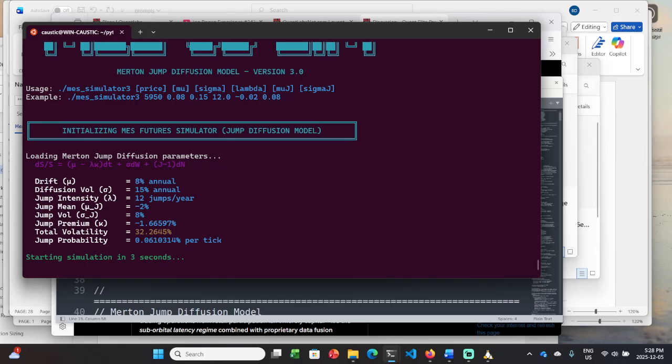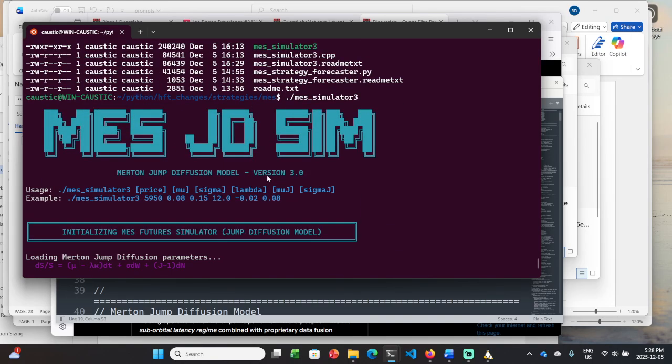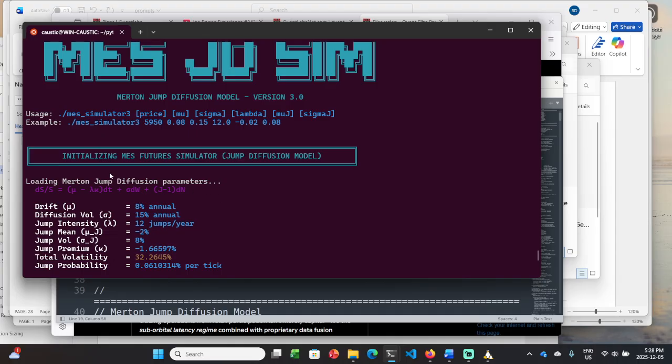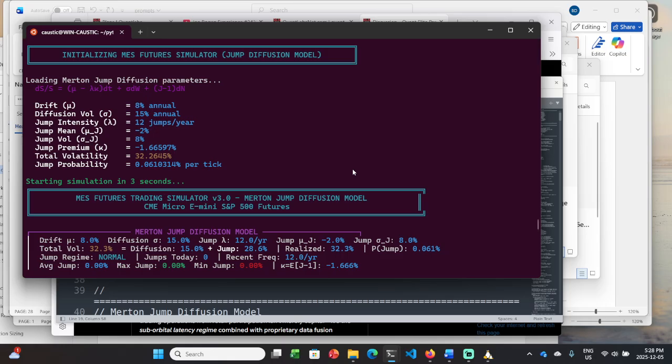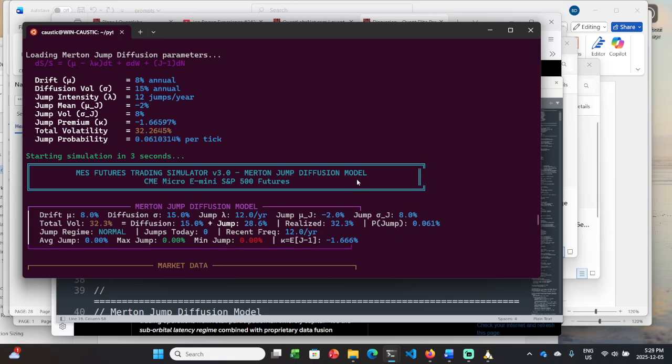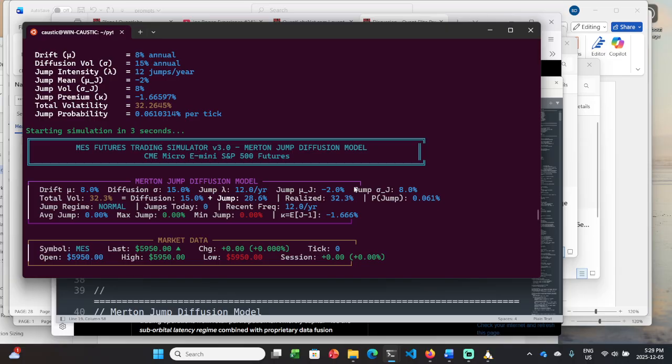Here we go. Here you can see we're doing a Merton jump diffusion model. We're initializing everything. So here we have our intensity, the mean, the volatility, the premium, total volatility, and the probability per tick. Now this is getting into, quite honestly, high frequency trading stuff. And again, this is all generated by AI. And because it's so sophisticated,